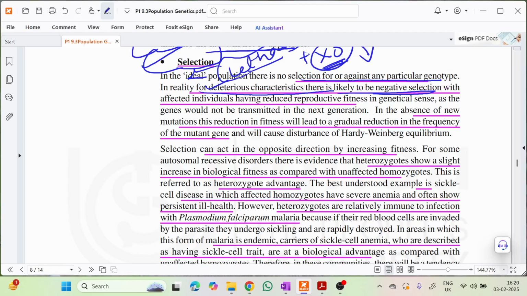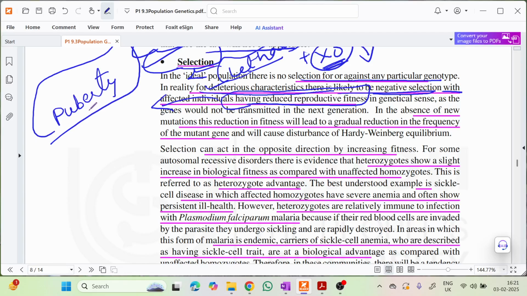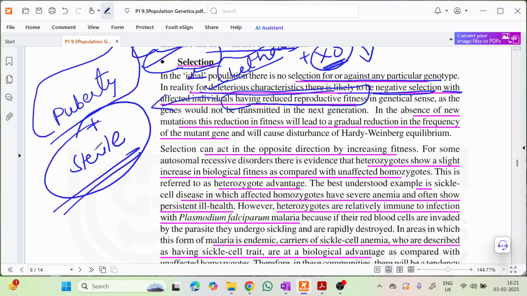Then nature also works in another way, in that such genetic disorders, such mutations, will have reduced reproductive fitness. As I've said, with most genetic disorders the individuals suffer from it. They do not reach the age of puberty, and even if they reach it, most of them are sterile, which is the natural factor, or natural selection, at work to inhibit such individuals from transmitting their defective genes.